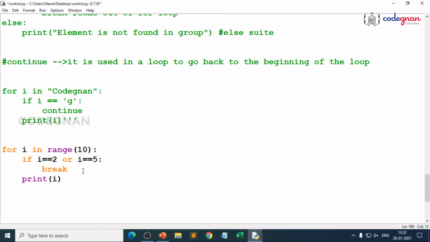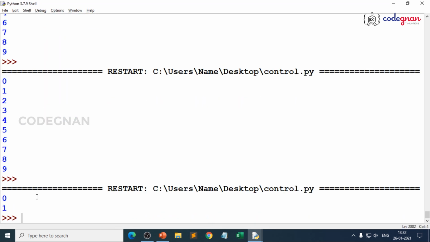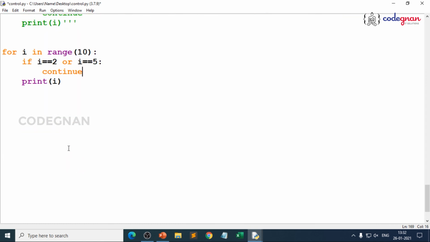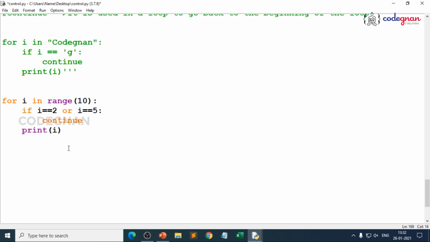So just work on it. You use continue when you want to shift the control to the beginning of the loop, because when continue is executed, the next repetition will start. When you go for break, it will obviously stop at a particular moment. When i is equal to 2, you are just giving break. That's where you have the difference between continue and break, because these are very important when you work on control statements.